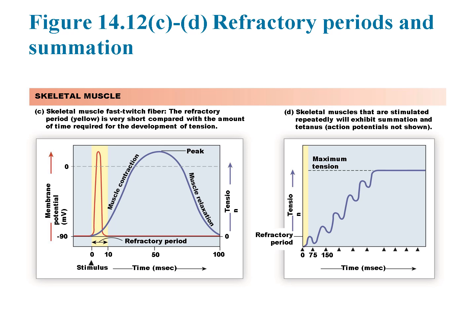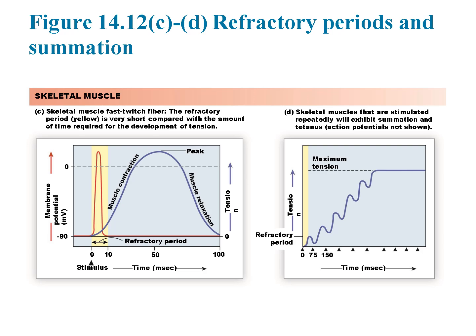This ability to undergo summation and tetanus is useful for skeletal muscles, as it allows them to maintain prolonged contractions needed for activities such as posture and movement. However, in cardiac muscle, summation and tetanus must be prevented to ensure rhythmic pumping of blood and continuous circulation. The contrast between skeletal and cardiac muscle in terms of refractory periods highlights the specialized functions of each tissue type, ensuring that the heart beats consistently while skeletal muscles